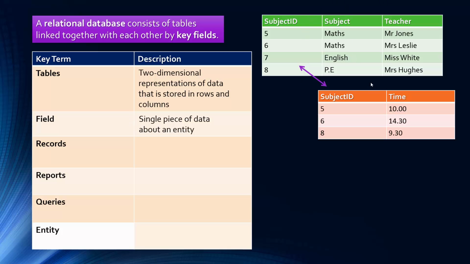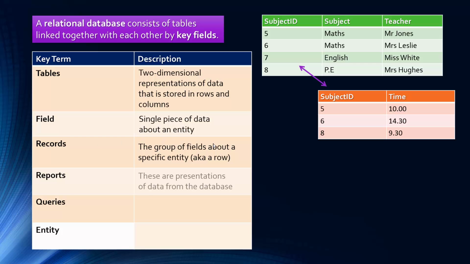So there are some synonyms when it comes to database definitions. I'll show you that in a couple of seconds. A record is like a row, and this is a group of fields about a specific entity. You can almost think of a field as a column, but when we're talking about a specific record, a field for that column is the intersection between the column and the row. So just think of it as the row of a database.